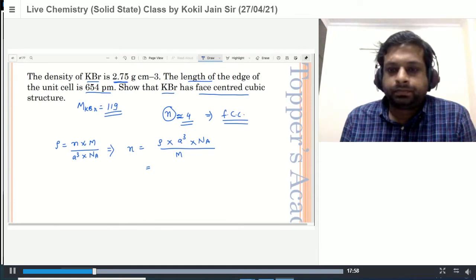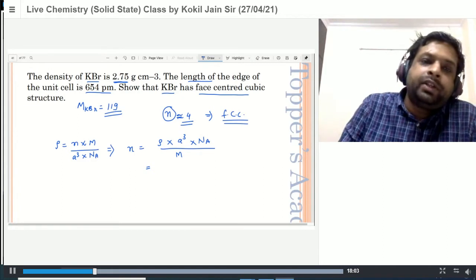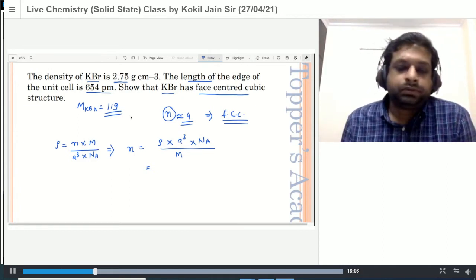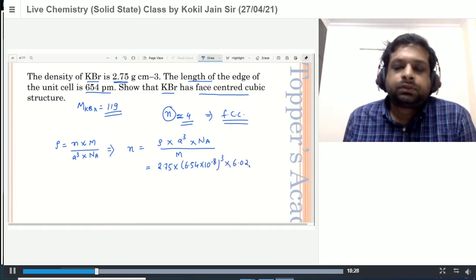Because in 1 mole we have 6.023 times 10 raised to 23 atoms, the value of Na. So molar mass is the mass of that many atoms. To get the mass of one atom, we divide it by Na. Now we multiply it by N, the number of atoms, to get the total mass present in the unit cell. So what we got is N multiplied by M divided by Na. This is the total mass. Now we divide it by the volume of the crystal.